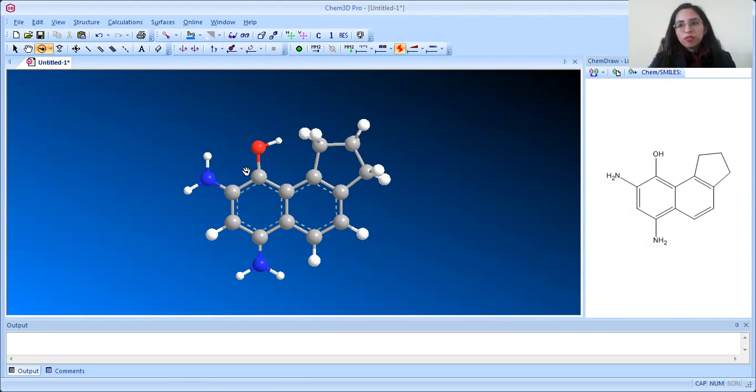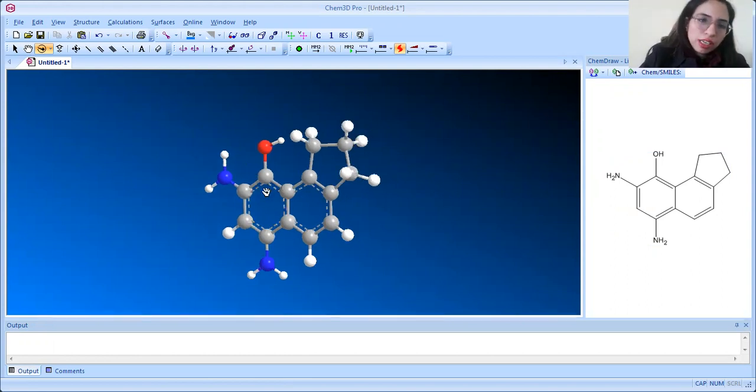For working with ChemDraw using this software, you can use a mouse if you have one. I would like to take my mouse. In the next video, I would like to share which type of mouse I use, or you can use any mouse, Bluetooth or wired. It's solely your wish.